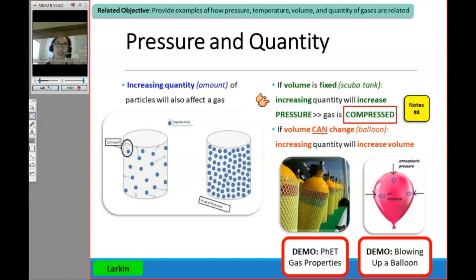So here's an example that I have. All right, I have a balloon that my daughter keeps on trying to steal from me. All right, so again, let's imagine I add a little bit at a time, right? Continue to add more. And you can see that as I add more and more particles, this balloon gets larger and larger, right? So it's just accommodating all that extra stuff without changing the pressure. If the pressure changed too much, then my balloon would explode, right? All right, go ahead and fill in the blank with the word compressed and only the word compressed. Again, that's what happens when we have a scuba tank.